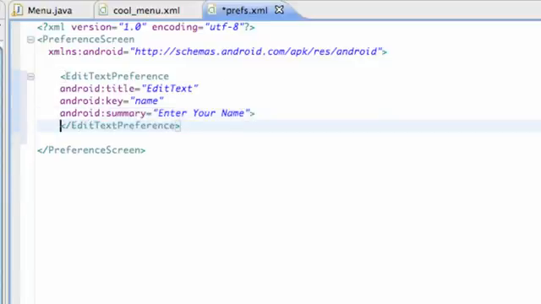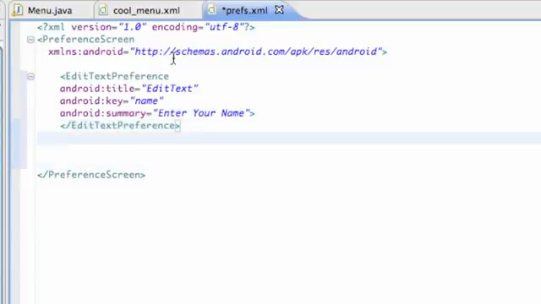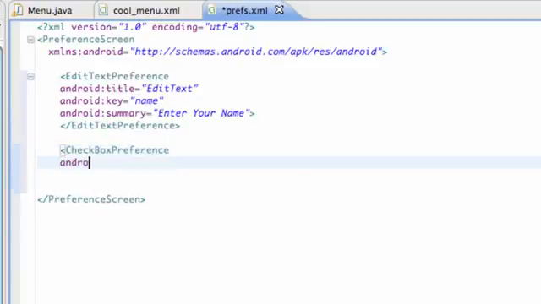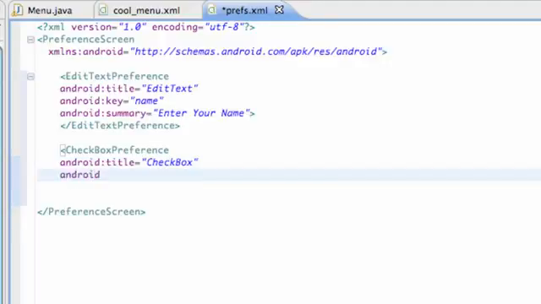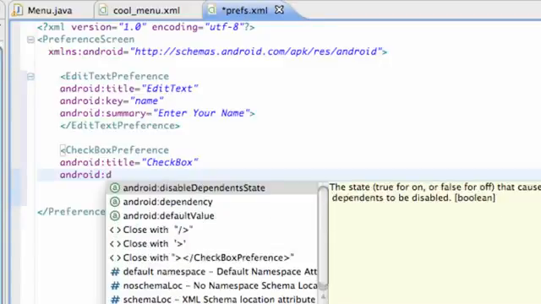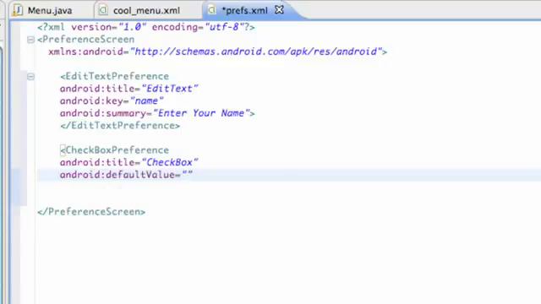Let's set up a new one. So let's go still within our preference overall thing, and then set up a checkbox. So checkbox preference, and we're going to say again android title checkbox, and android, we can set this checkbox if we want it to be checked when it starts or unchecked. So we're going to say default value, which is what it's going to start as, and we can either set this to true or false. So we're going to say true,